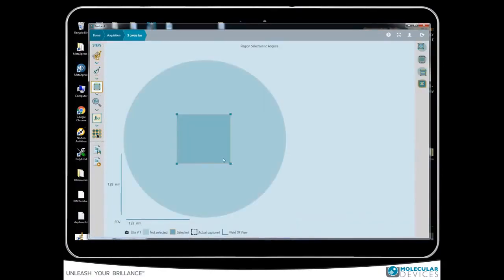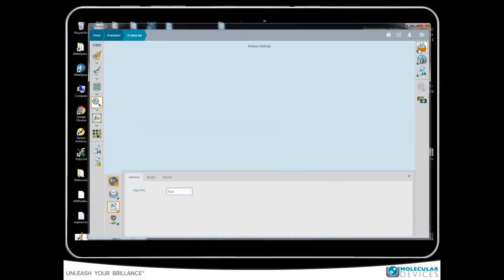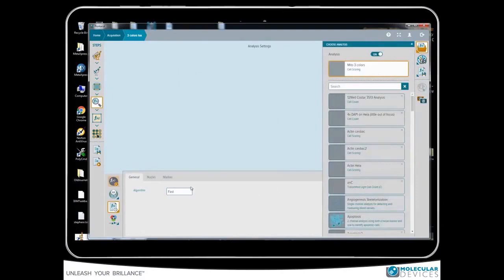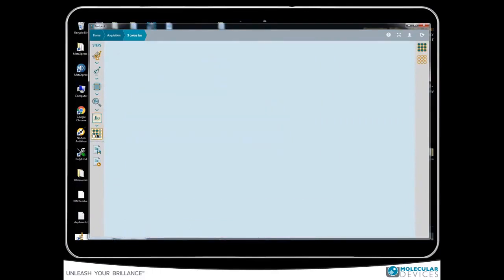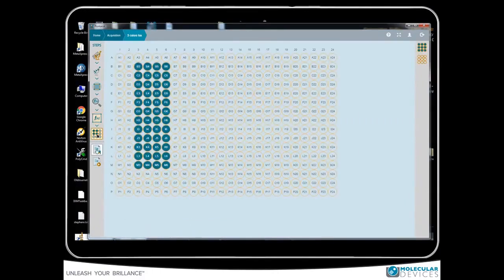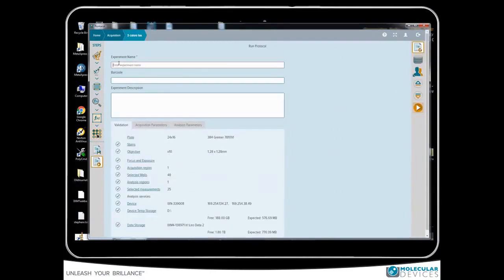You can select or modify the area of your interest. You can set up the analysis on the fly. To set up the analysis, go to the list of analysis templates and select one, for example, cell scoring. The analysis counts and analyzes cells using intensities in different colors. Then you can select the area for analysis. Finally, you can select the wells to acquire. You can save your protocol and create the data file. You may check the settings before acquisition and then hit the Run button.